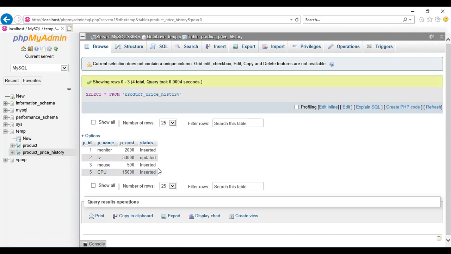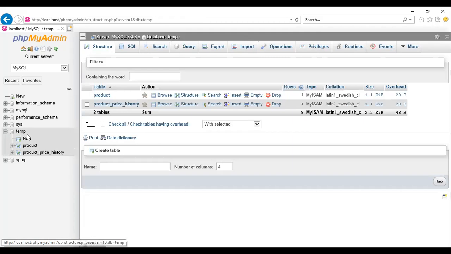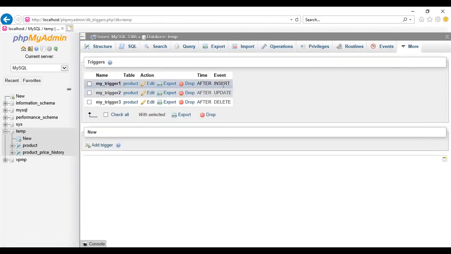So whatever trigger we applied on the product table was executed for the price history table also. Basically, for that temp table, we have created three triggers. The first trigger is for insert after, the second is for update on the product table after, and the third is for delete on the product table after.